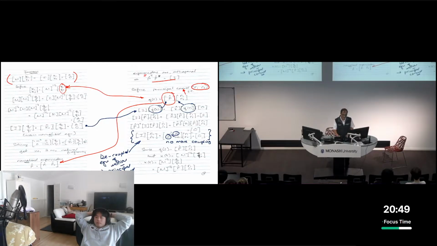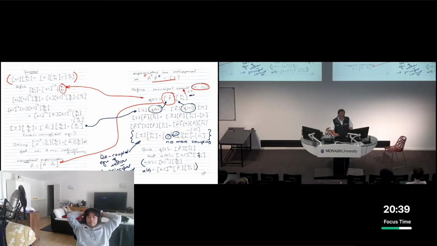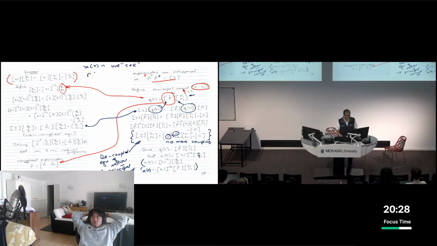And these are our principal coordinates, and the relationship between the principal coordinate and x(t) is what we see. R(t) is what allows us to solve easily,